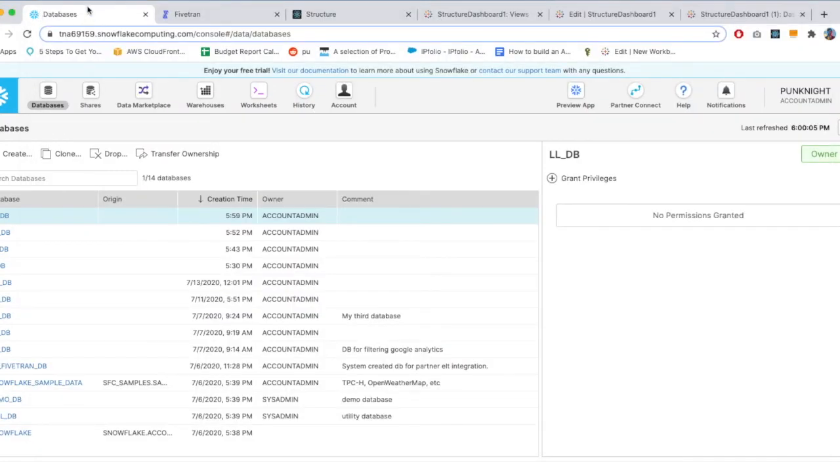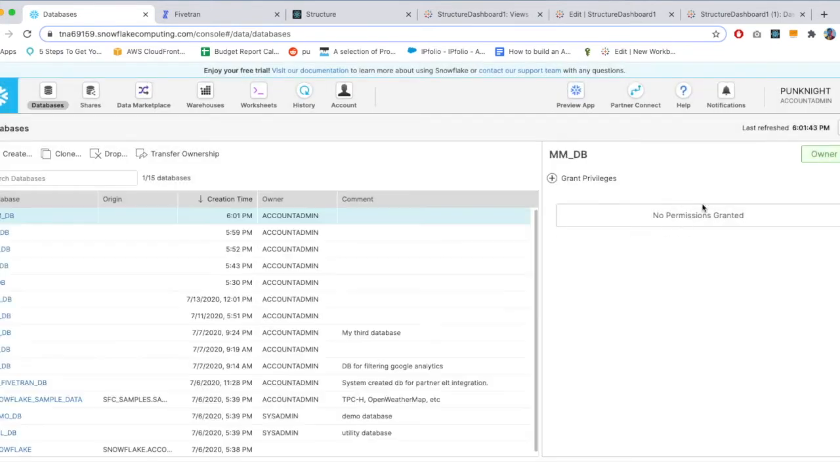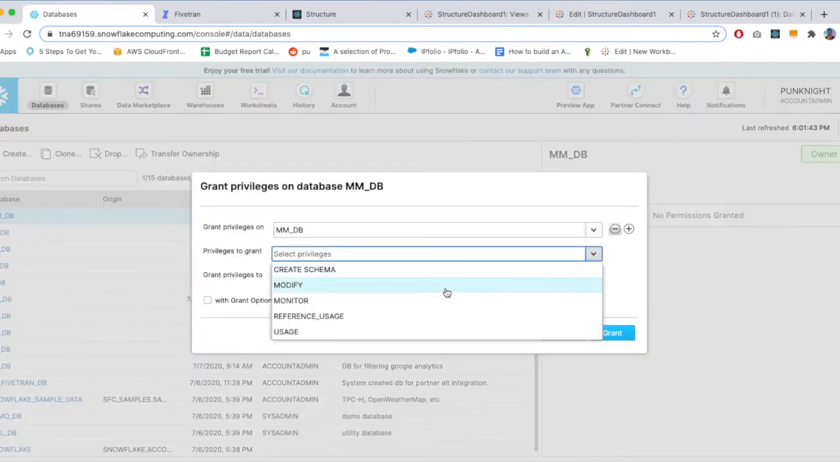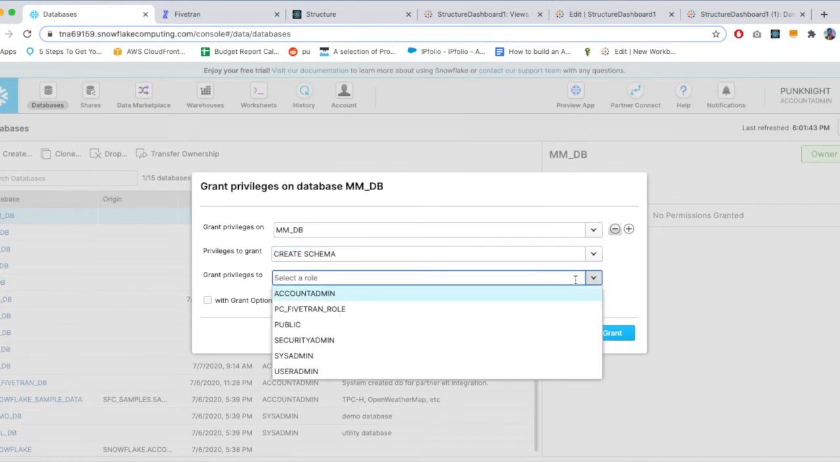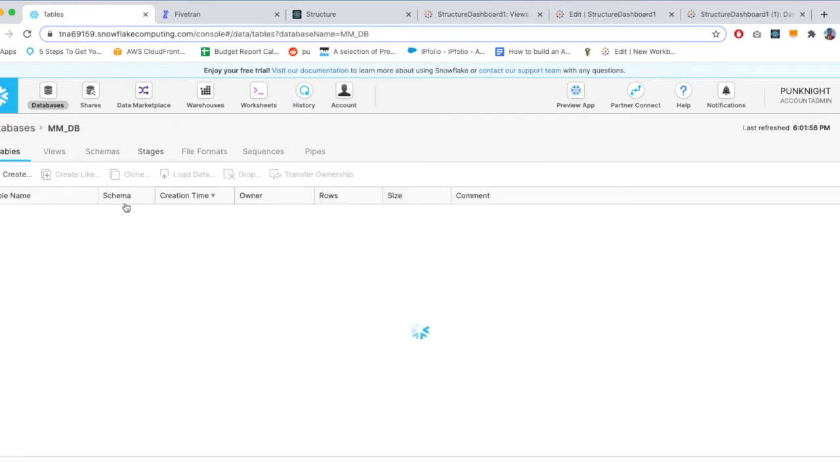First thing we need to do is set up our Snowflake database. To do that, we'll select Databases and then Create Database. We'll name it something simple. And after we create it, we might have to grant it some permissions. That's it. After we've created our database, we might have to select it and also create a destination schema for